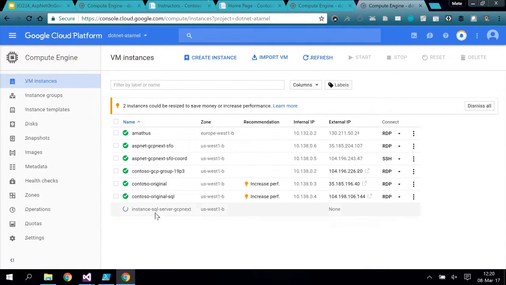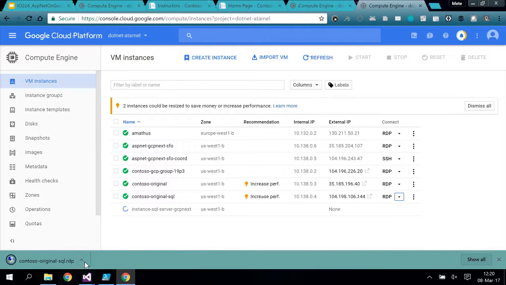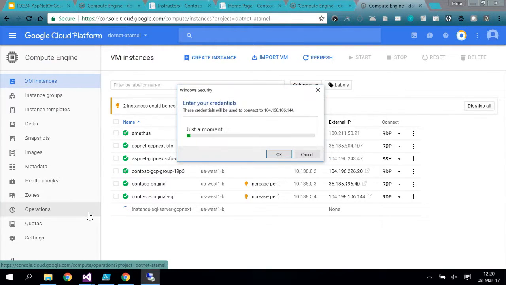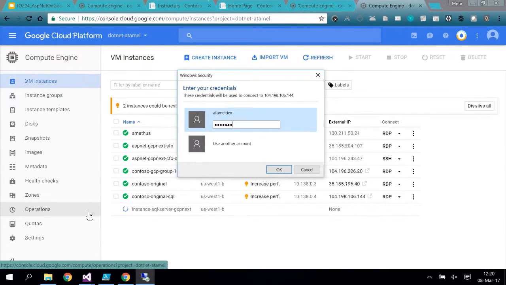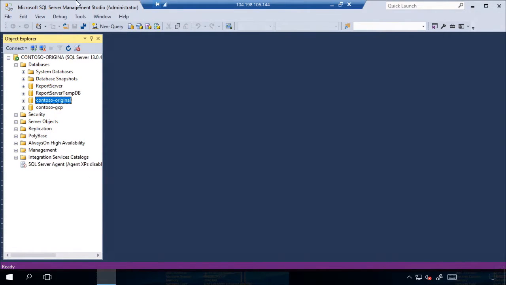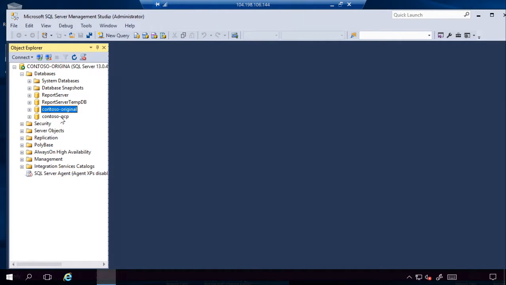Again, I deployed this SQL Server before, and I configured it already. So let me just log in and show you quickly how that looks. All right. So the SQL Server instances, by default, they come with SQL Server Management Studio. So I'm in the VM right now, and as you can see, this is my SQL Server instance, and these are the databases that I created for this demo. So it's pretty standard, like the stuff that you get used to, but they're now running in the cloud. All right, so that's good.